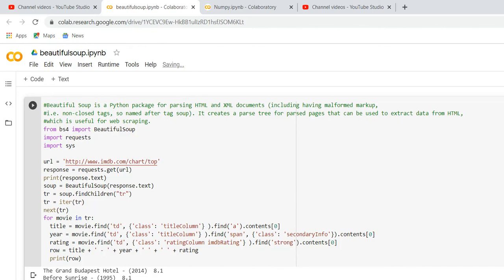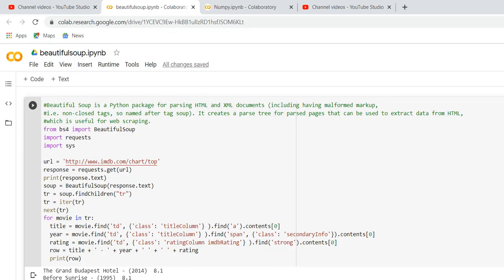The next step is getting the TR values, which means row values, with soup and its children of TR, which means each and every row I have to concatenate with the title, year and rating.